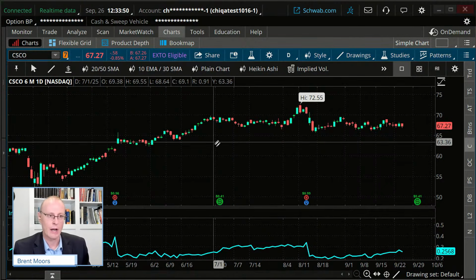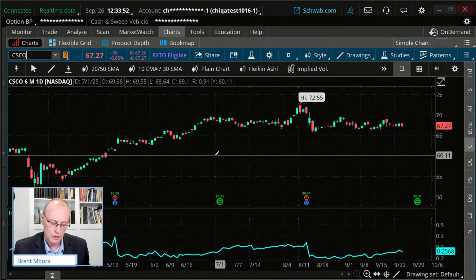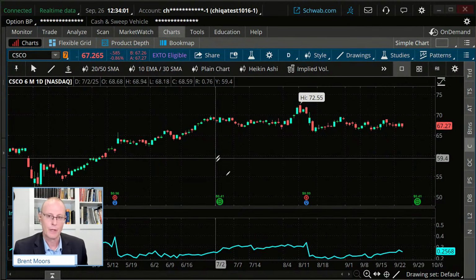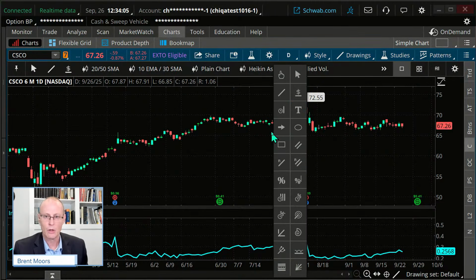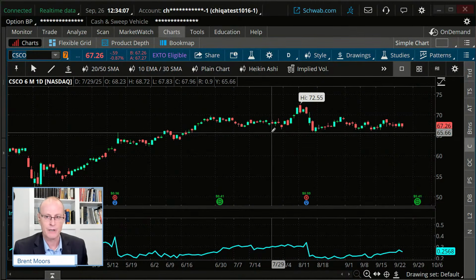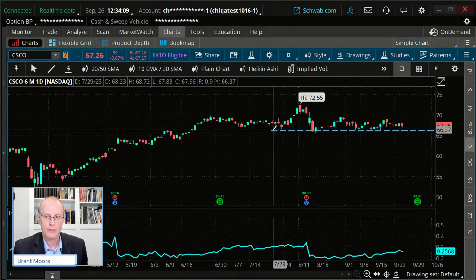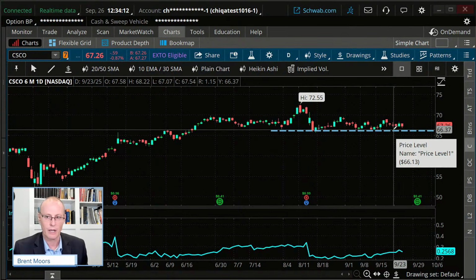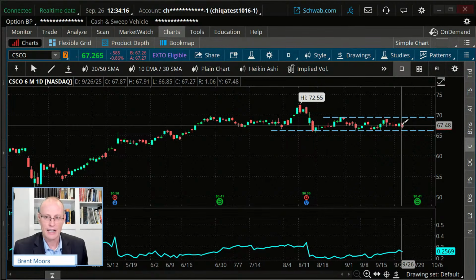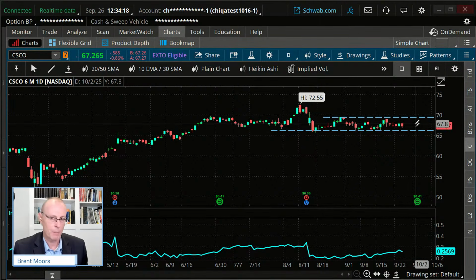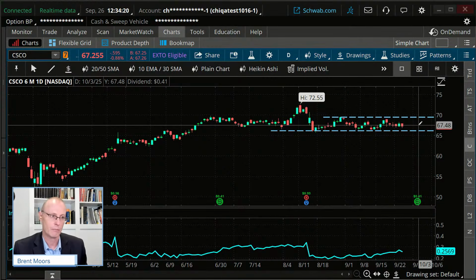So let's look at an iron condor here, and let's look at a neutral trade. I'm going to start with an iron condor, but let's consider an alternative to that iron condor, a calendar as well. But let's start with the iron condor. I'm assuming this is going to be a neutral trade. I'm not going to go out real long. I don't want to try and predict out very far on this. I'm assuming we have some support there. I'm assuming we have some resistance here, okay? That it's going to stay in here, and I'm only going to plan on being in this thing for a couple weeks here, okay?